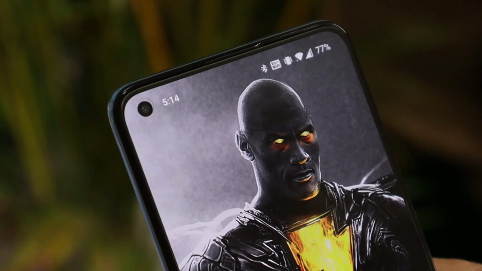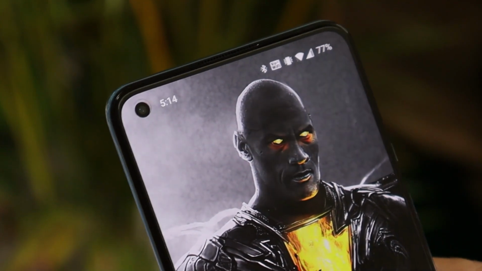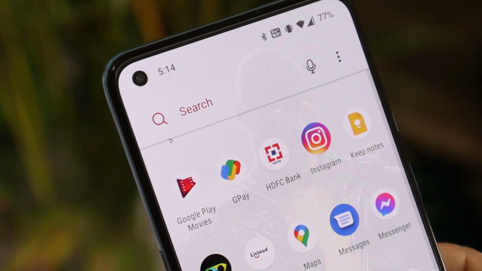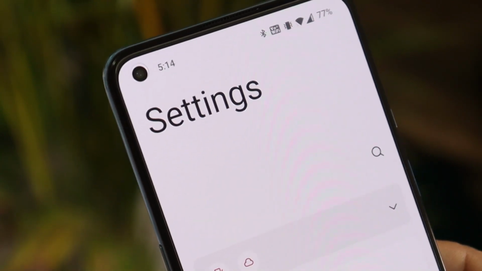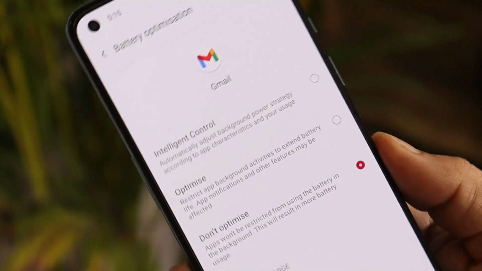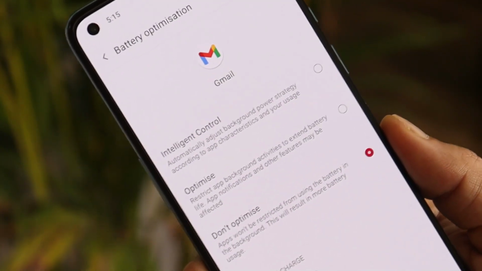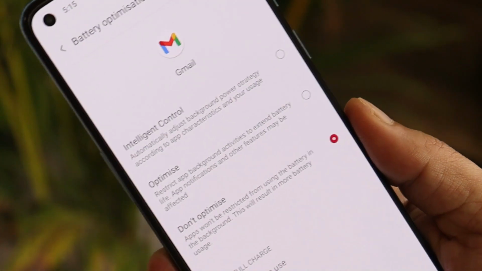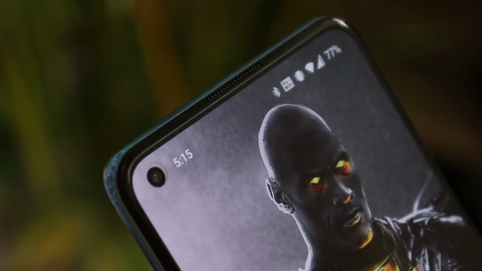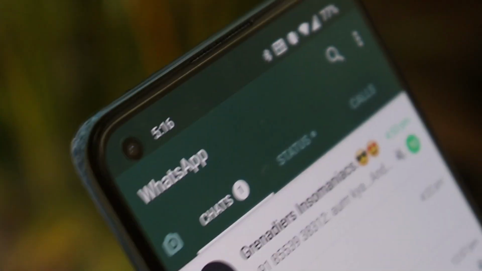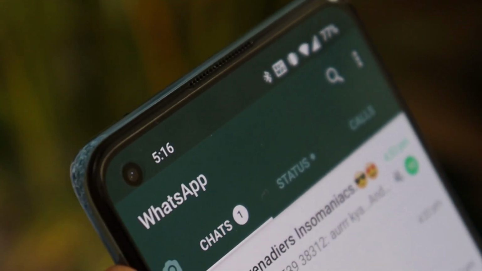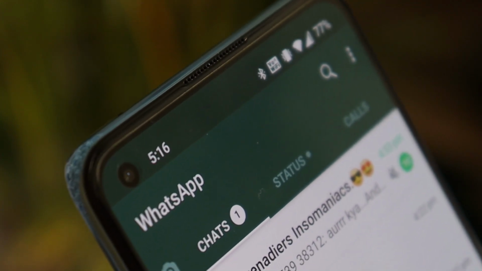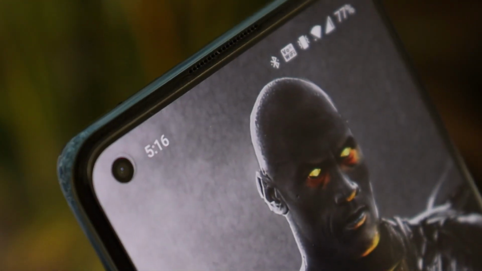Notification delay is still an issue on OnePlus 9 series which hasn't been fixed with this latest update. Along with that, the Gmail application was also not showing the notifications. For that, I had to personally turn off the battery optimization for that specific application. I'm not exactly sure whether it's an issue with Gmail or the OS. On my other devices, I don't have any kind of issues receiving mails or notifications from Gmail. Another bug I have seen on my OnePlus 9 is related to WhatsApp. Here on my device after this update, I get to see the icon of WhatsApp in notifications even if I am receiving messages from any of my groups which are kept on silent. That icon appears for a few milliseconds.